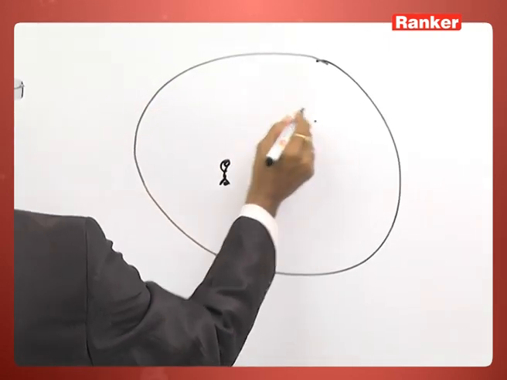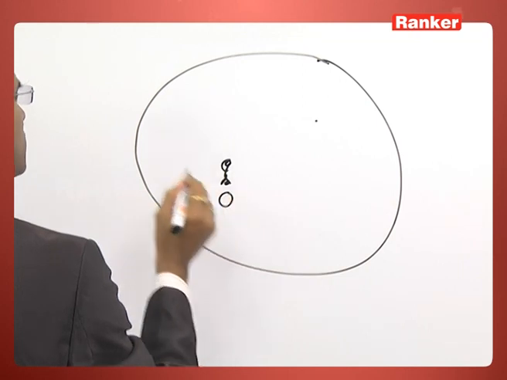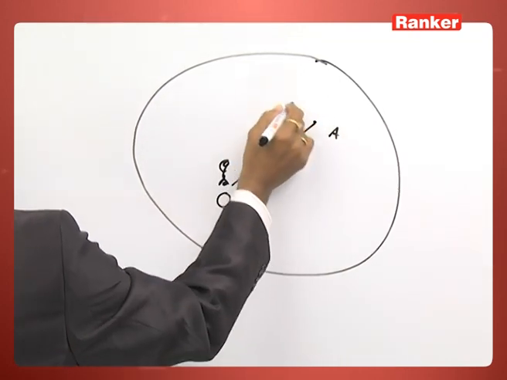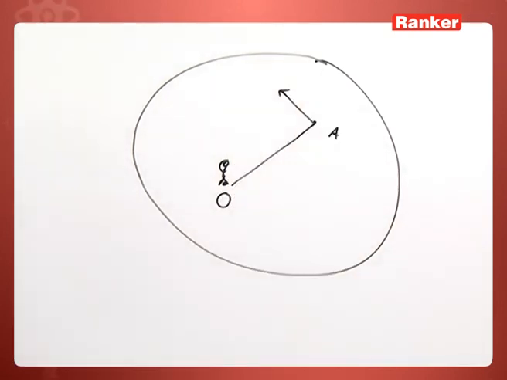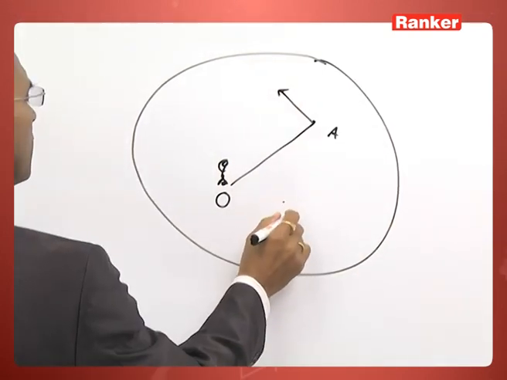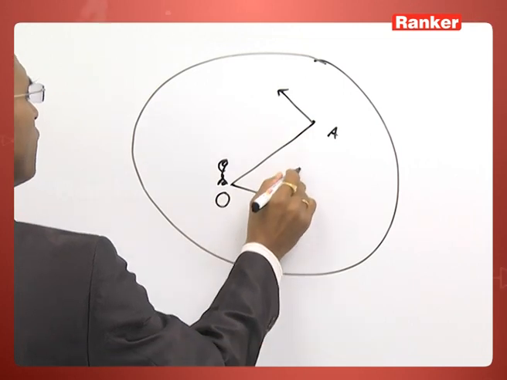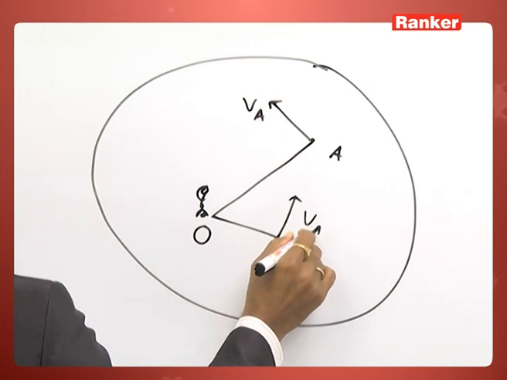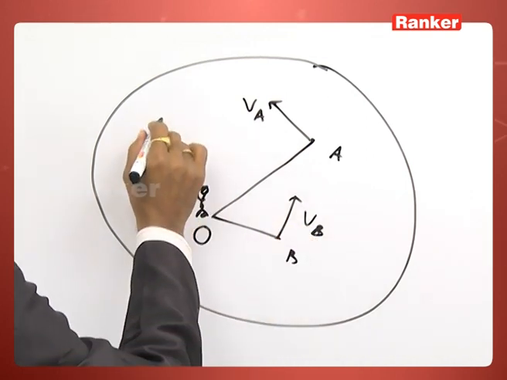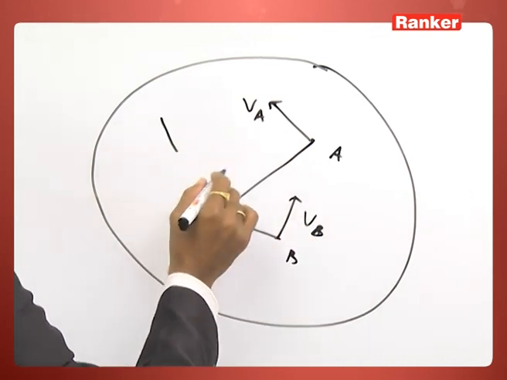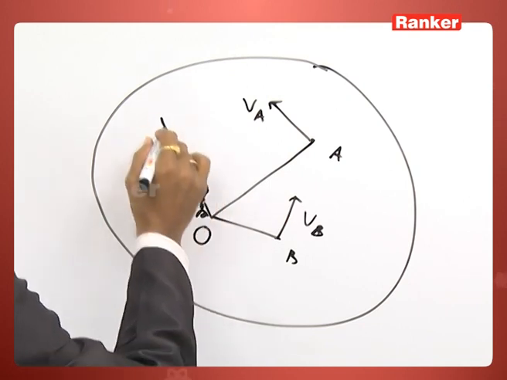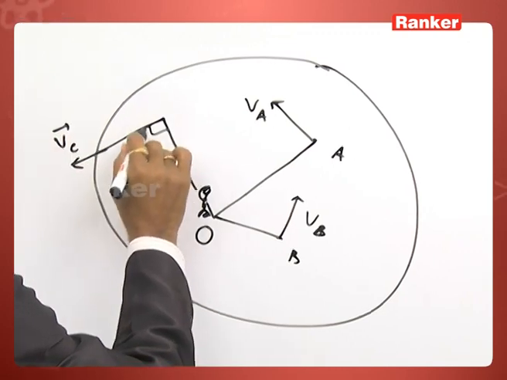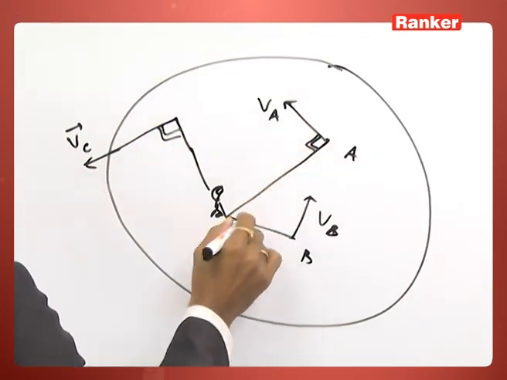Suppose this point is O. Point A is moving in this way. Point B is moving in this way. Point C is moving in this way,